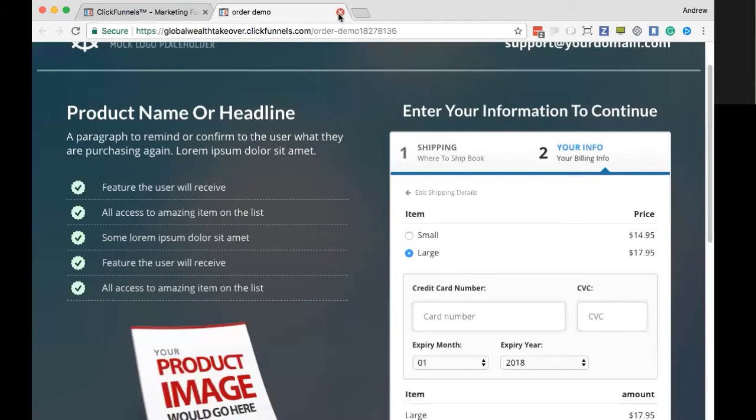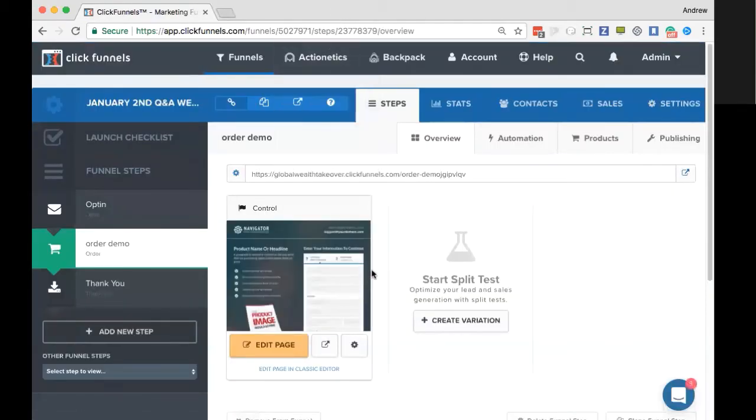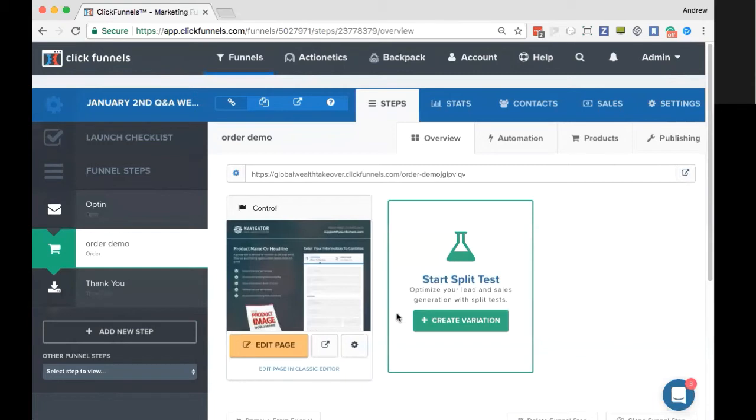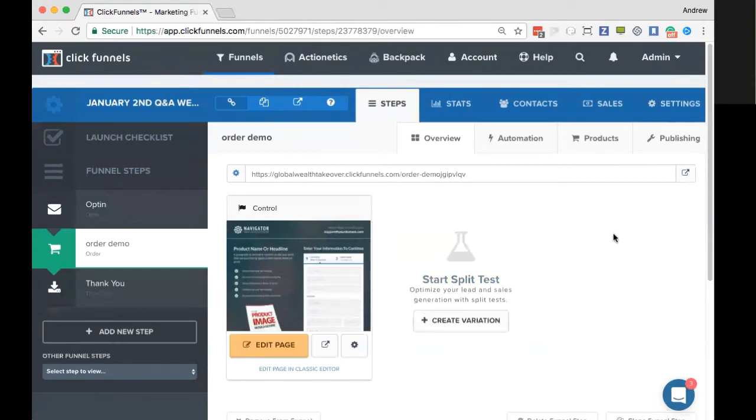I have a few more questions coming in from Facebook. This one's from Amy. Does ClickFunnels integrate with Webinar Ninja? There is not a direct integration with Webinar Ninja, but I don't know for sure. But I think Zapier actually does. So if you just go to Zapier and set up an account, you'll be able to send the information from ClickFunnels over to Webinar Ninja's platform.